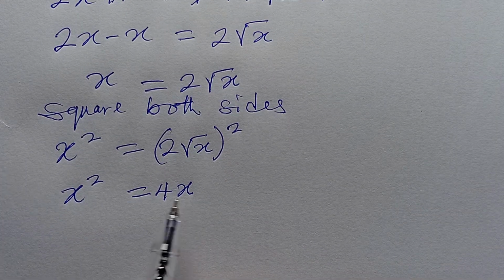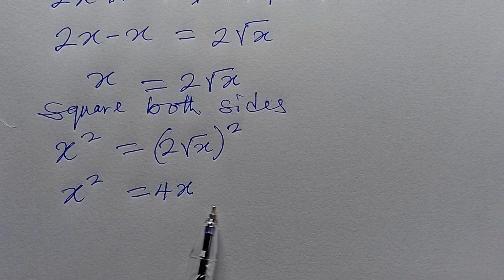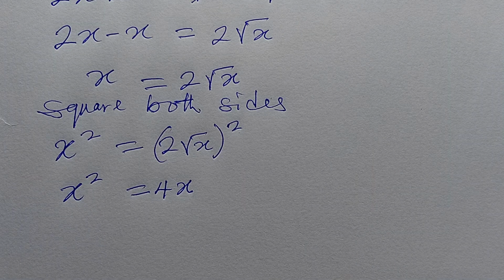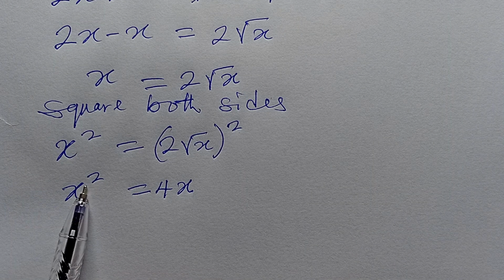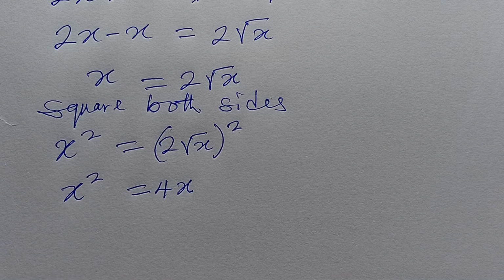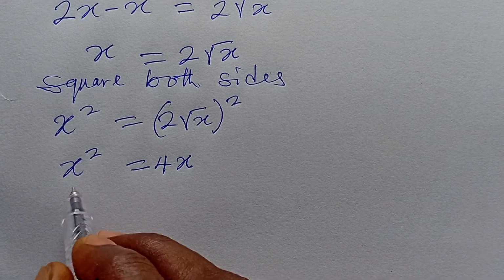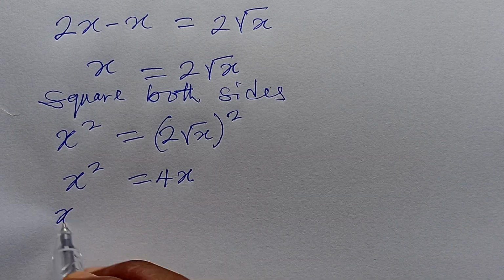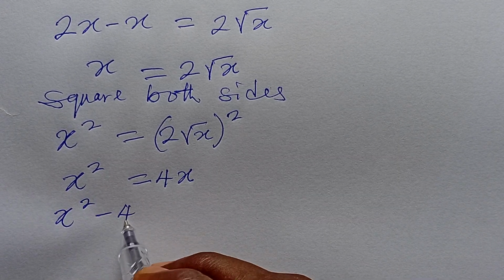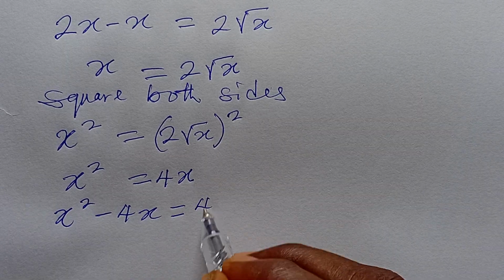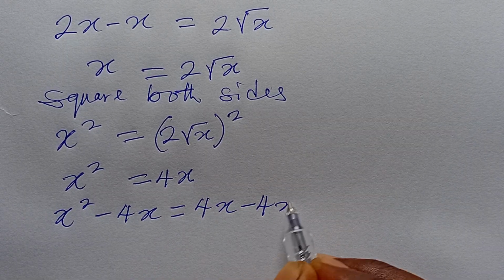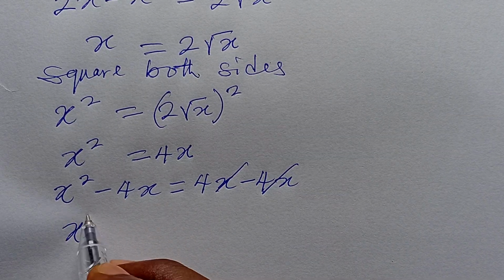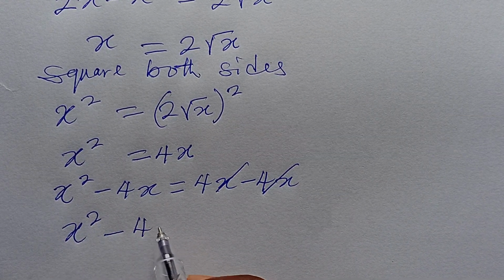4x. Move this to this side. Never make the mistake of canceling x from here, canceling x from here. If you do that, we're going to come up with just one root. But here, this suggests that we have two solutions. So we're going to subtract your 4x from both sides of the equation. So we're going to have x to the power of 2 minus 4x equal to 4x minus 4x. So we are now left with x to the power of 2 minus 4x equal